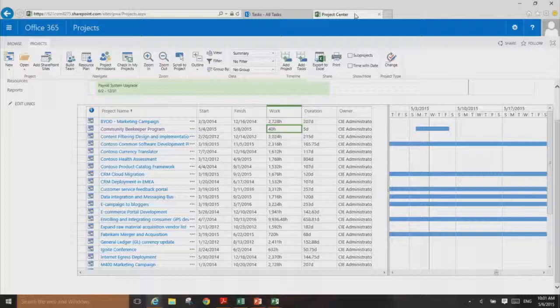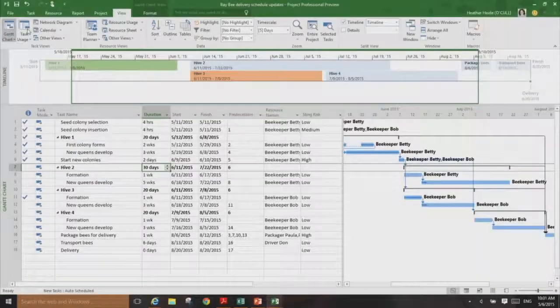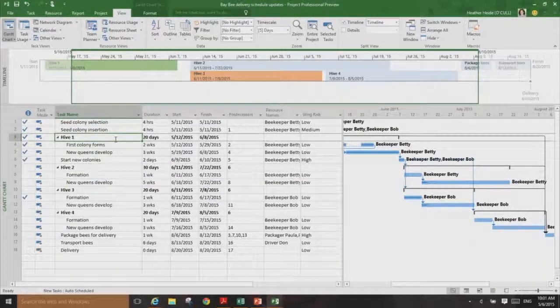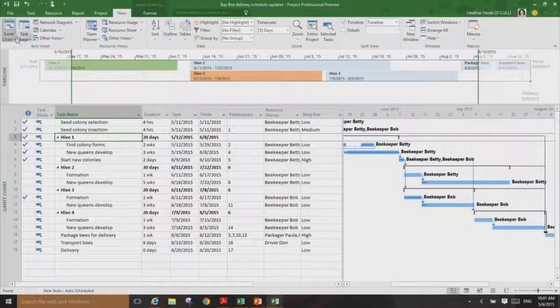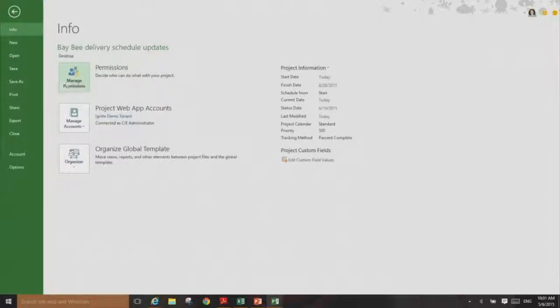And then finally, the last option is working with Project Web App, so either through Project Online or Project Server on-premise. Of course, this is the option we like the best, and is also the most powerful. So I have this project plan, and right now it's a local file, and I want to get it up into Project Web App. So to do that, I just come to File,